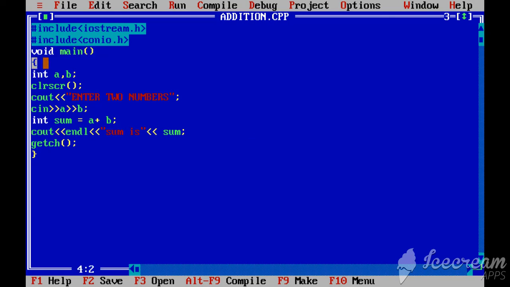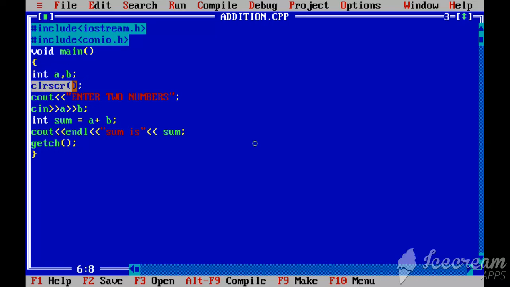This is the open parenthesis. After this you are typing the remaining part of the body of this program, or the content of the program. int a and b indicates that you are going to declare two variables. a and b are variables here which contain the same data type, integer. int denotes the integer type of data.